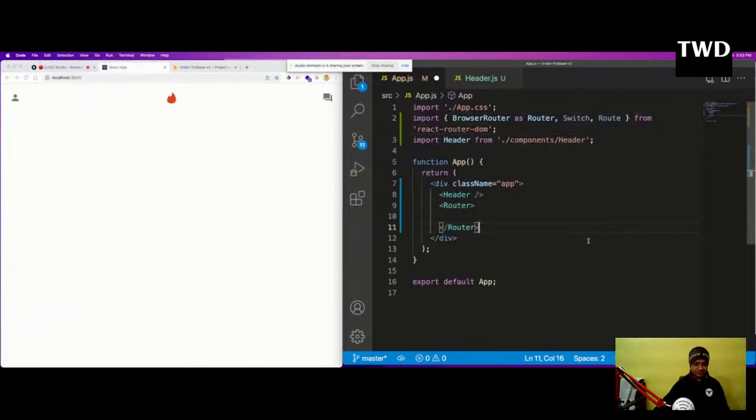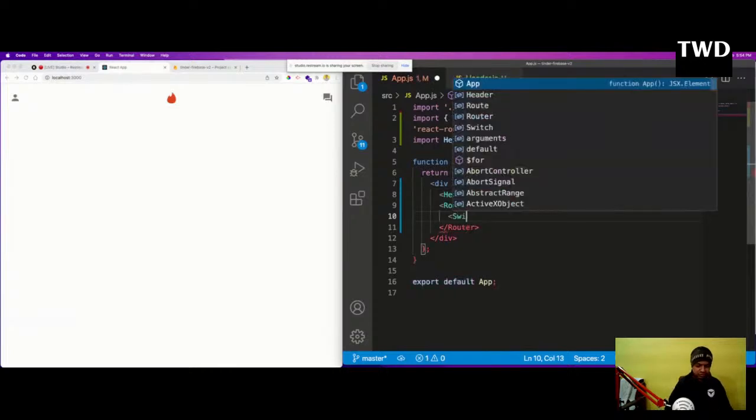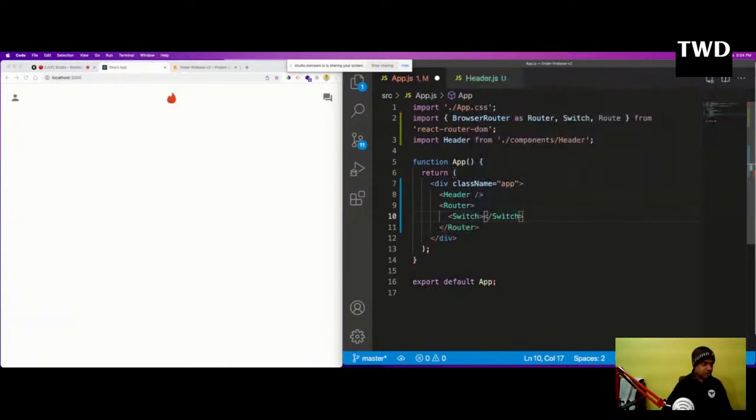Okay, I'm doing it for every file. This is bad. Maybe I have to do something from inside, and all this setup needed to be done. So this router is there, and inside this router we'll have the switch and route. This is a very simple route, and this is how we use react router dom. I'll add a switch, and in the switch